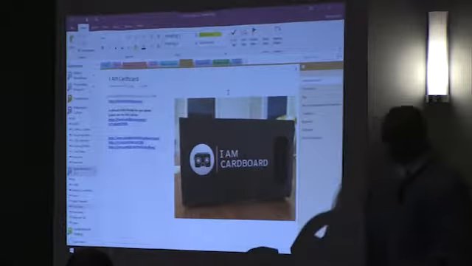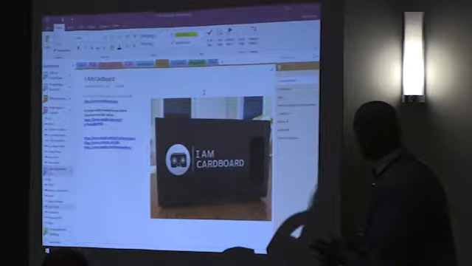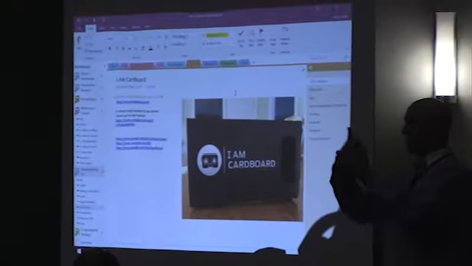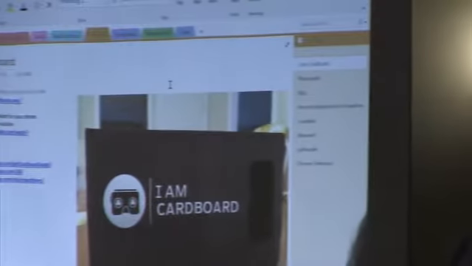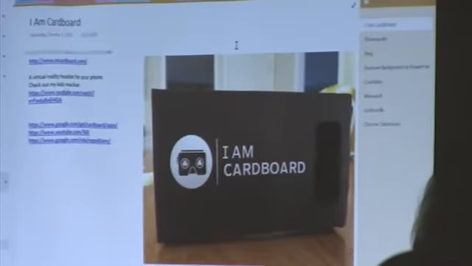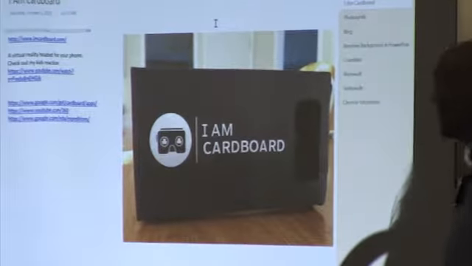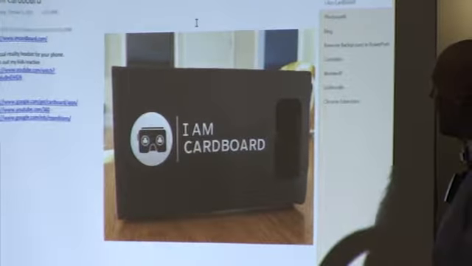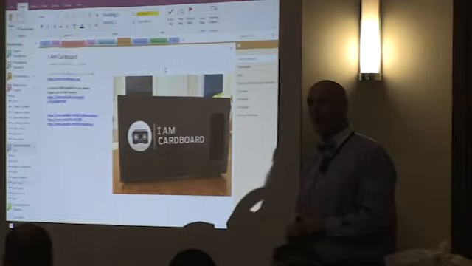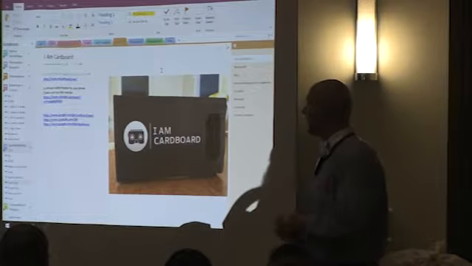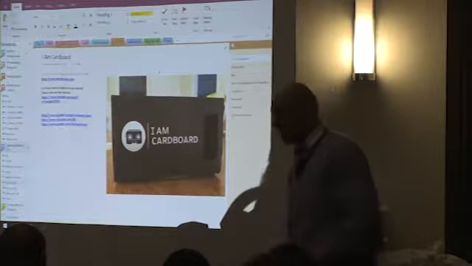And so there's just a bunch of links. Since that link's not working, I won't go through the others. But you just slide your phone in, and it works for any phone. I know it's Google, but I have an iPhone, and it works just fine. Their app is a roller coaster one. Has nothing to do with school, but it does make you a little motion sick. You can play all sorts of different games, but for us, we're looking at that virtual field trip piece, getting in contact with experts, getting out and exploring, and you can literally move all over.